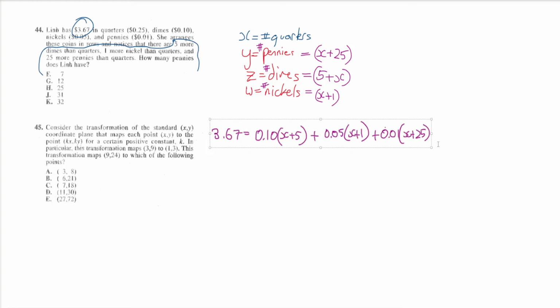Was that included in the value of the 367? Yeah, it is. So we should add it. And what's its value out front? And what's its number? Just x. Just x. All right. So now we have a big old nasty equation for x,